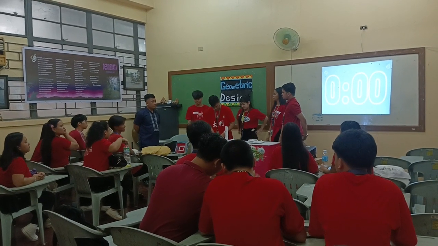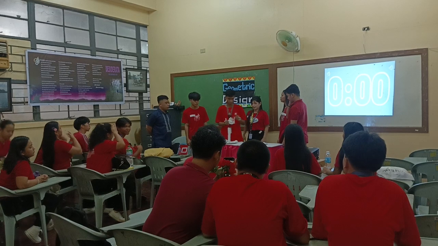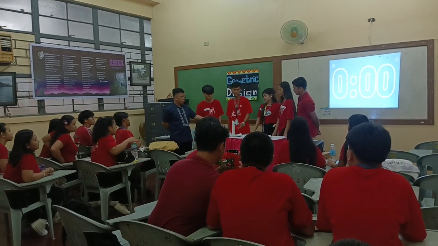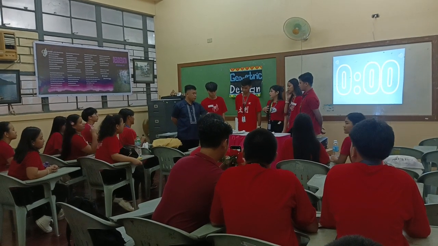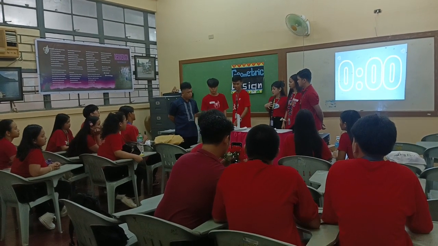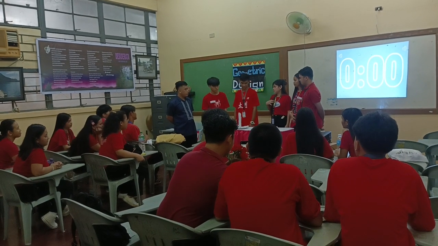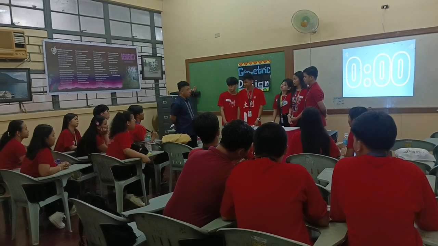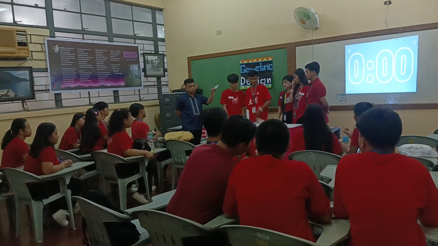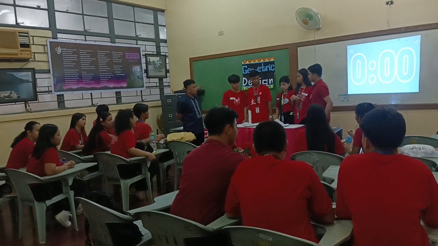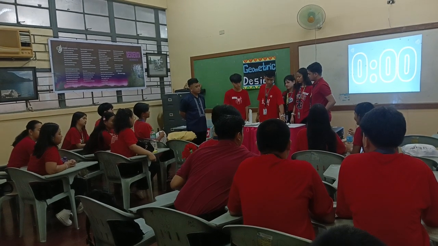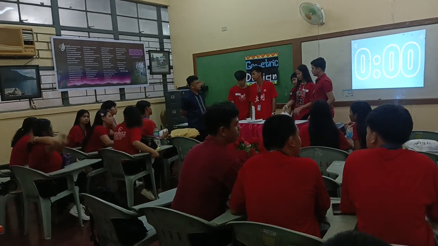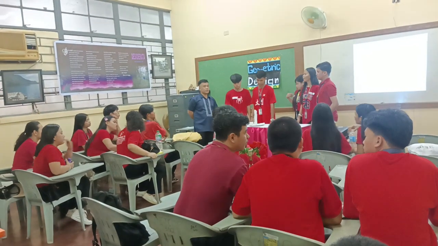For Group 1, what do we call that? What type is that for? Okay, why do you think it is asymmetrical and symmetrical? Symmetrical po siya dahil both sides are equal. Then, dito po siya asymmetrical po rin. Unbalanced po siya dito. Very good. Let's give them a round of applause.